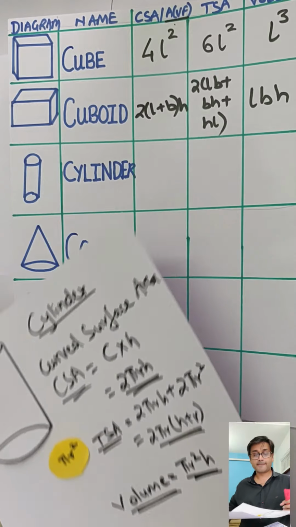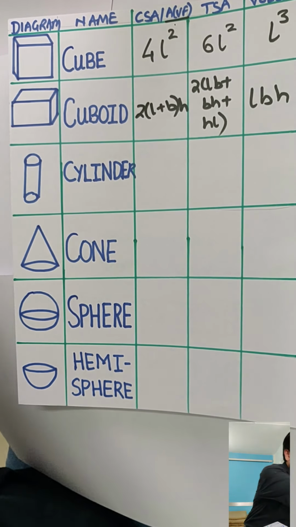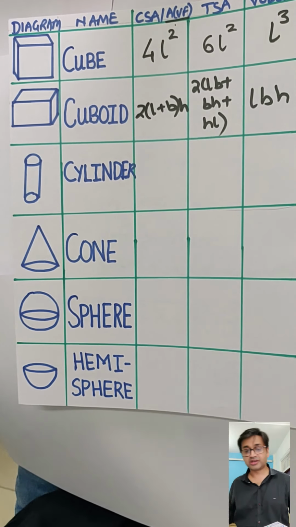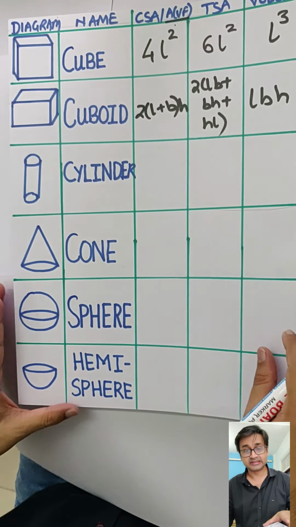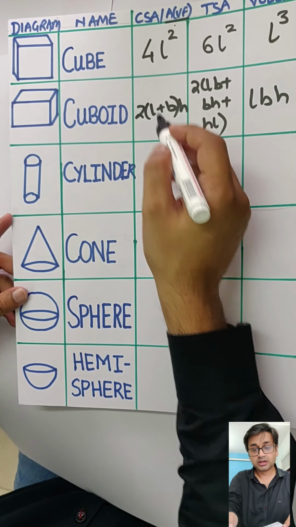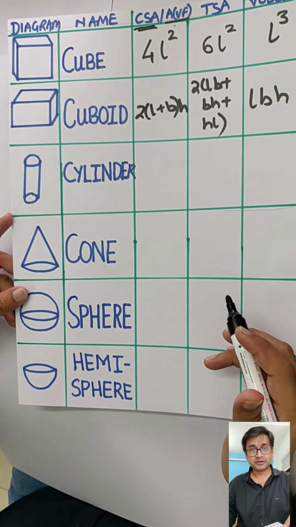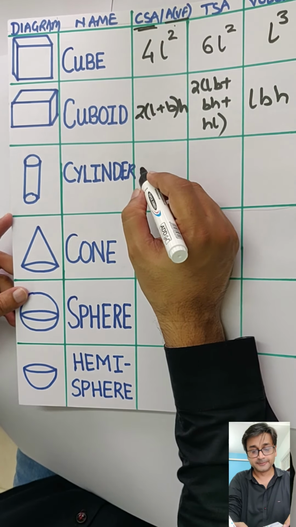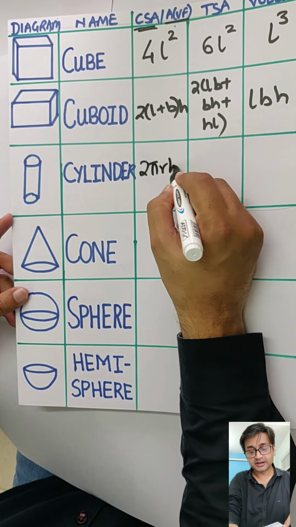So let's go on to the table and fill it up. Can you fill it up right now for me? Come on. I would suggest you should make this table or take a printout of this in the start when it is empty and start filling it up on your own. So cylinder, curved surface area. This time no more vertical faces. So what will be the curved surface area for a cylinder? We just now did it. Come on. So 2 pi r h.